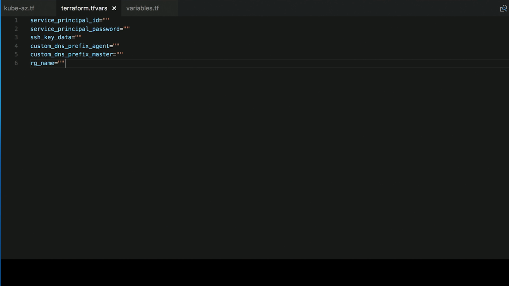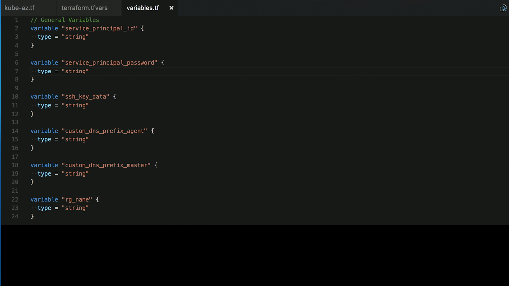So terraform.tfvars file actually sets values for variables defined in variables.tf file. So here, set your values. And variables are defined in this file, which is called variables.tf. And I'm keeping it really simple here, but you can use HashiCorp Key Vault to specify the secret value for the service principal if you'd like. So now, let's see how it works for real.